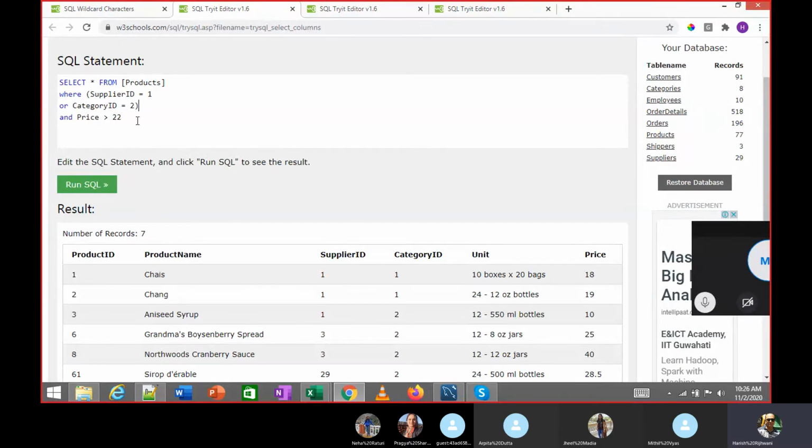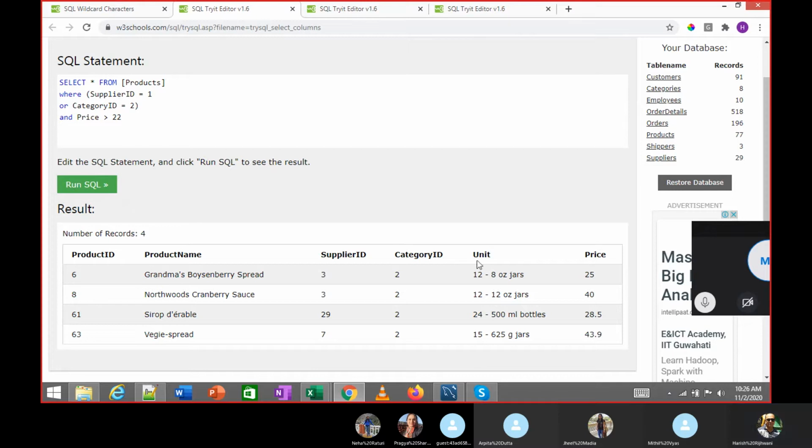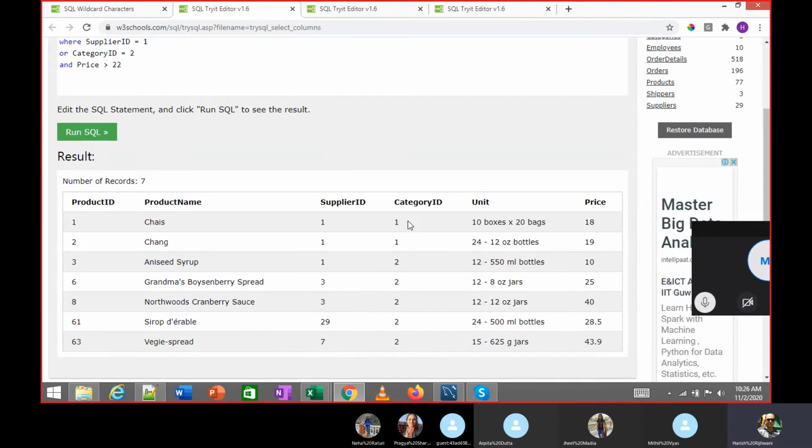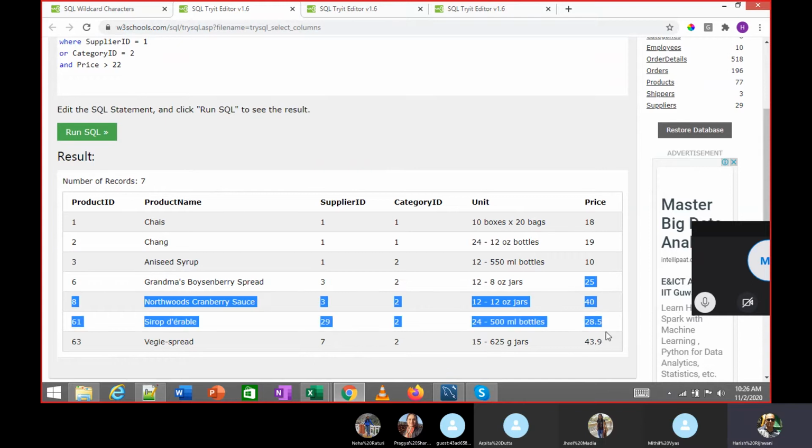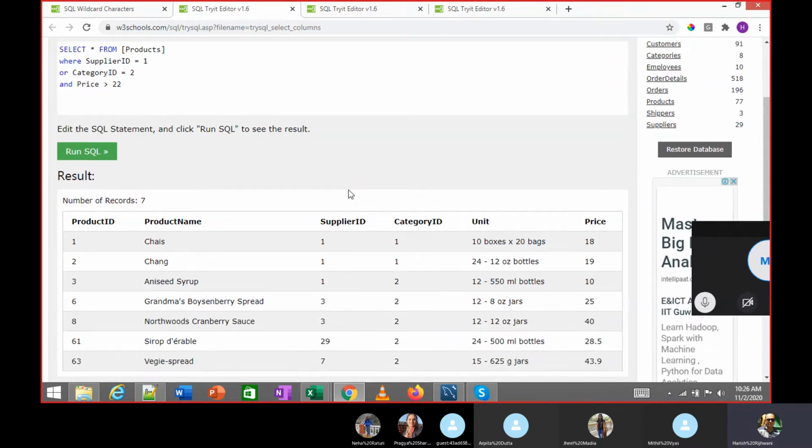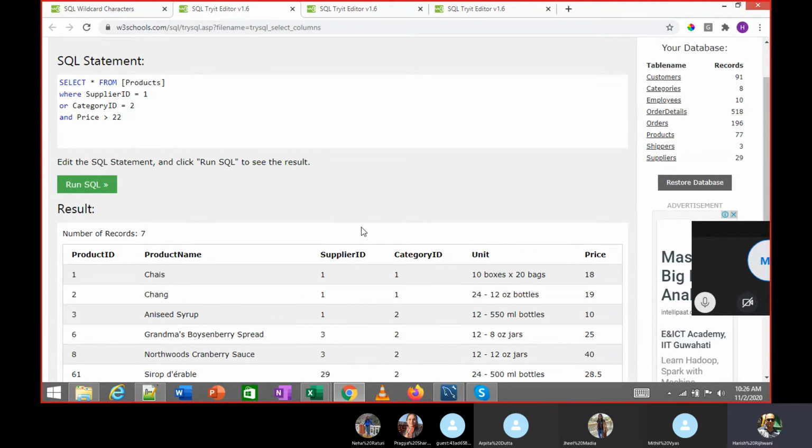So if I put this bracket, now I get the right output. Without this bracket, I'm getting some weird output.